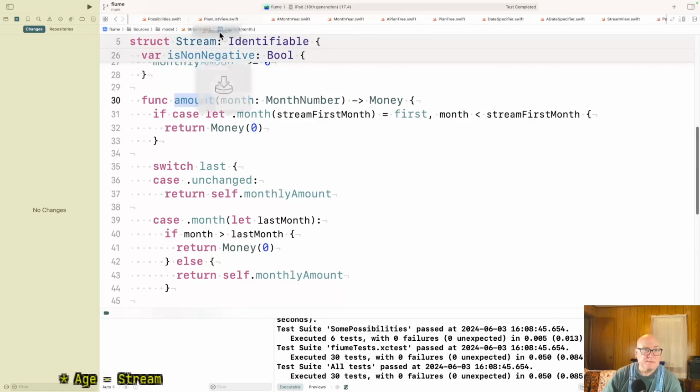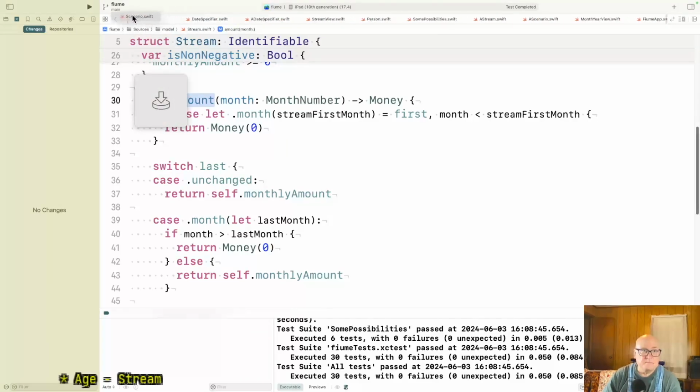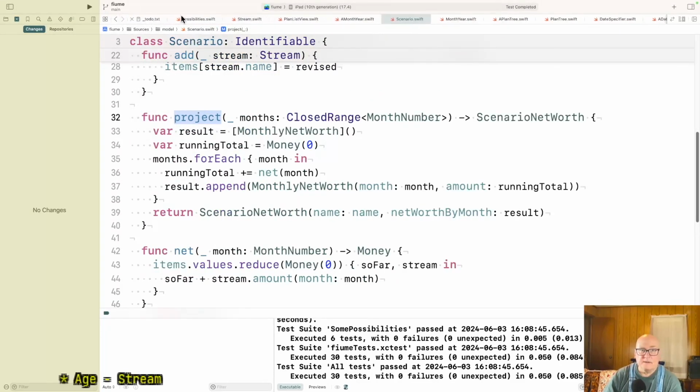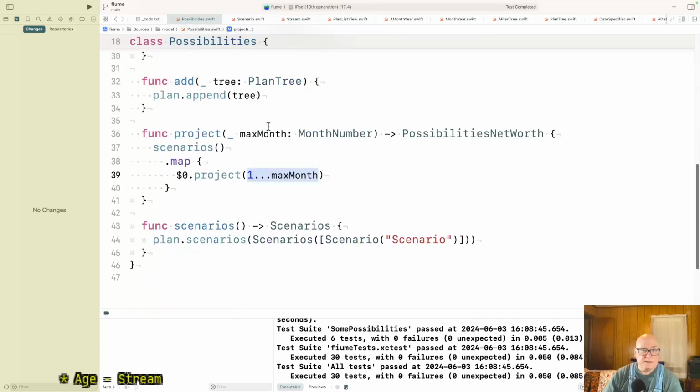Let's see, it's possibilities, stream, and where's scenario? Let's see if I can walk through these in a way that we can see it. Okay, so possibilities comes in with project. How many months do you want? And it turns that into a range.